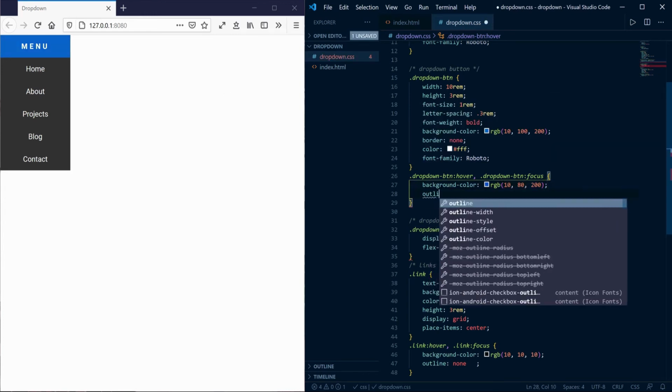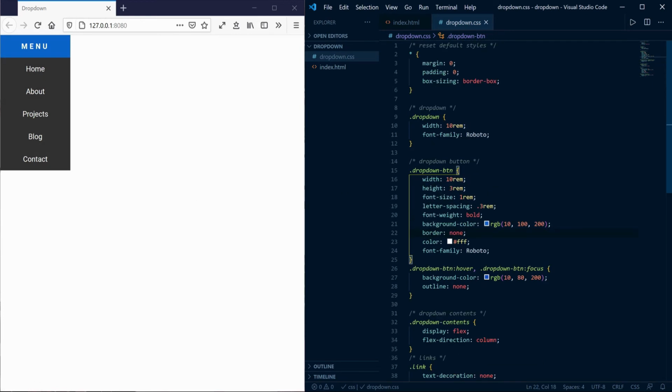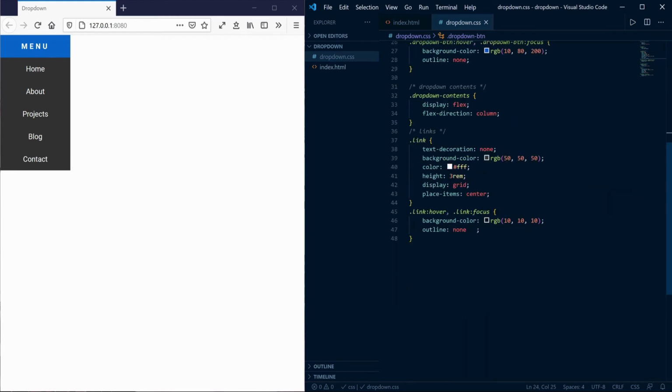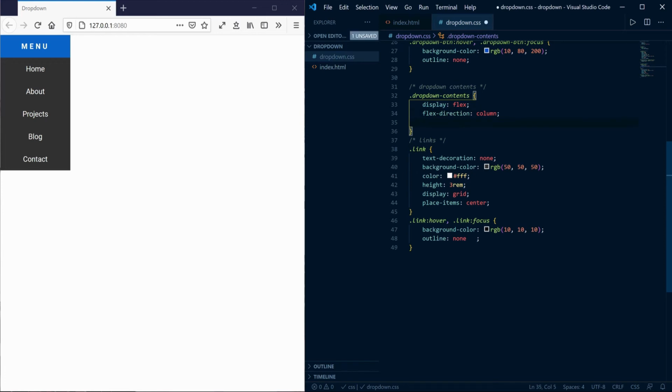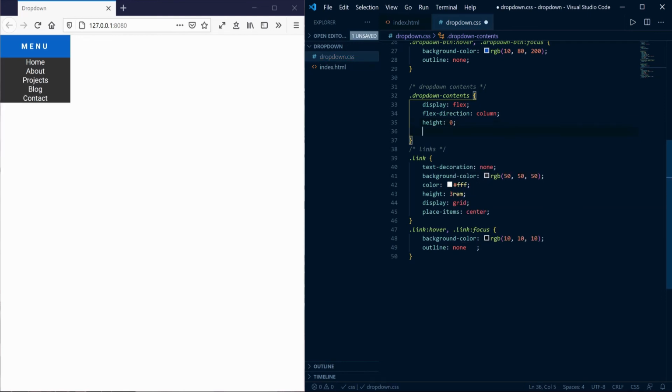Set outline to none. For drop-down effect, we need to initially remove drop-down contents. So, go to drop-down contents and set height to 0. Also set overflow to hidden.